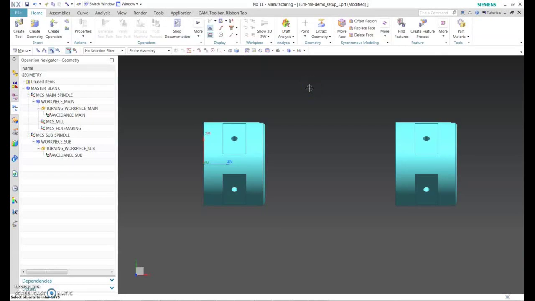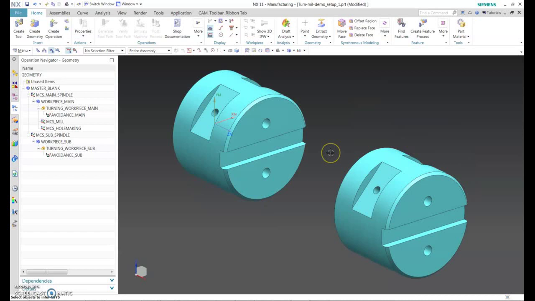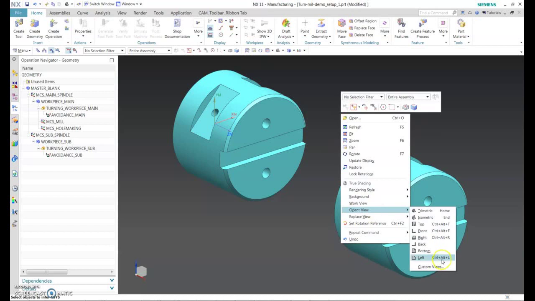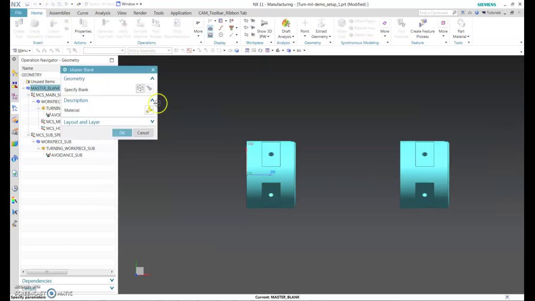Now it's time to set up the stock. Hit the right mouse button in the background and select the view, whatever view is comfortable to you. For me, it's always good to be in the top view. Now it's time to set up the stock. There are a number of ways to define the stock for the main spindle. So now if you want to do it in the master blank,